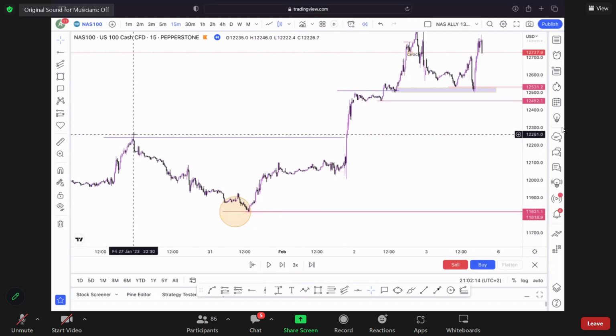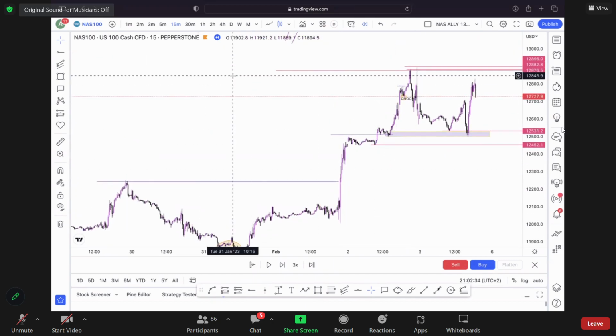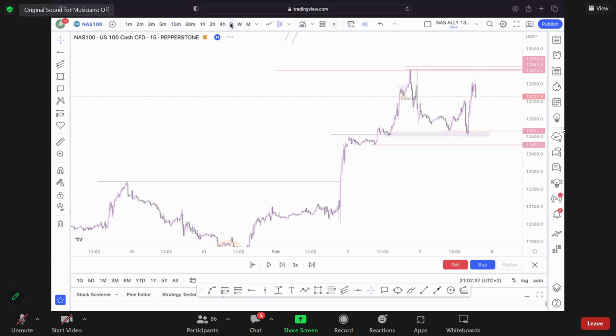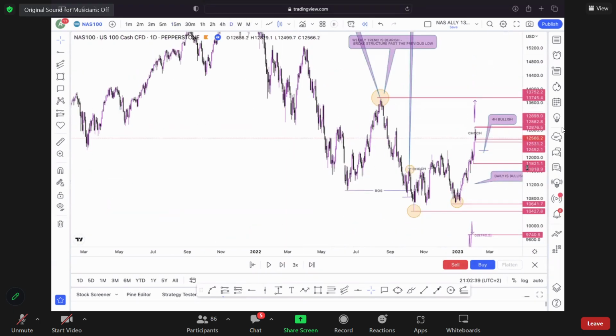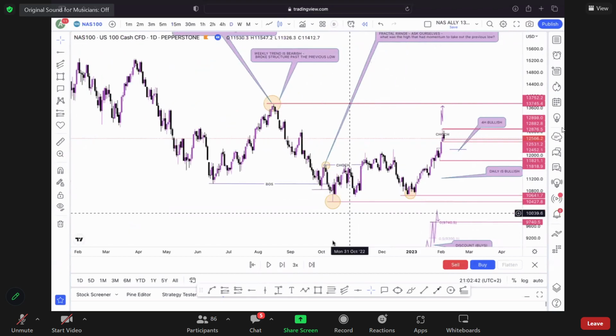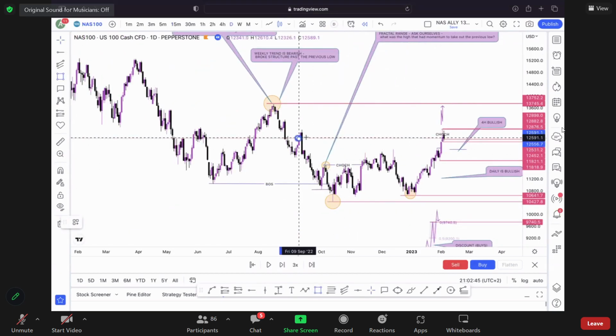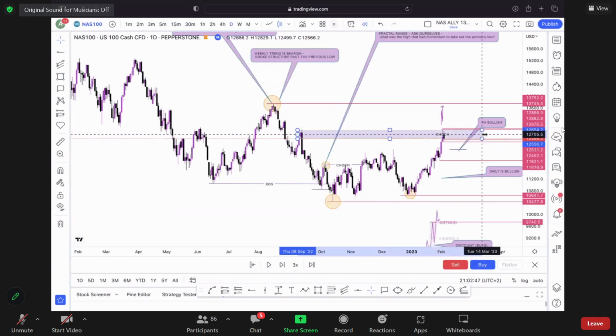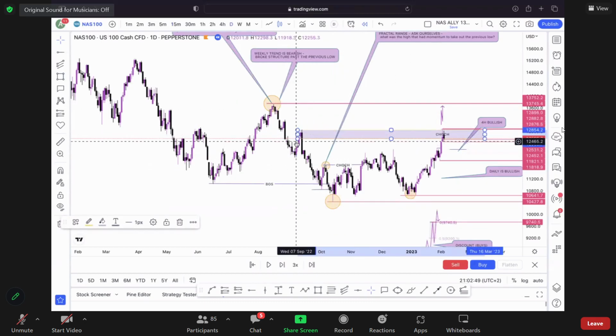So where do you start mapping up your fractals? You mark out your fractals once price has gotten to your higher time frame POI. Okay, so if price is not at a higher time frame POI, for example, why could price have started to drop from this specific point? Now don't worry about it, guys, but this is an order block. We're going to get into it, but that is our higher time frame POI.